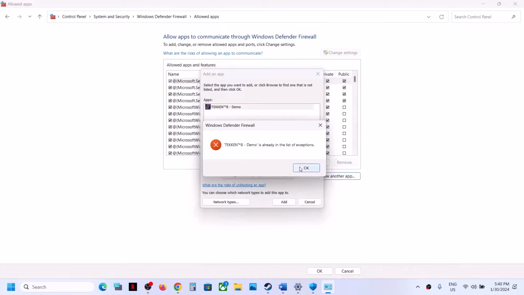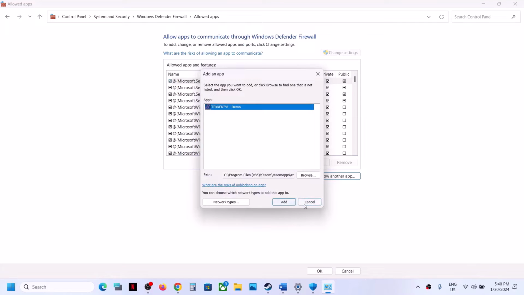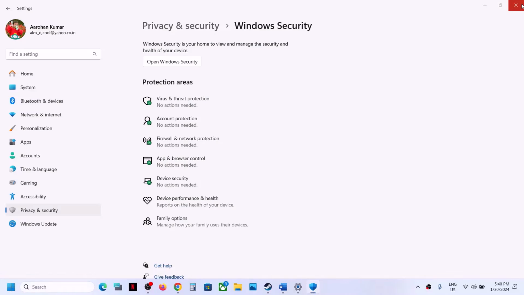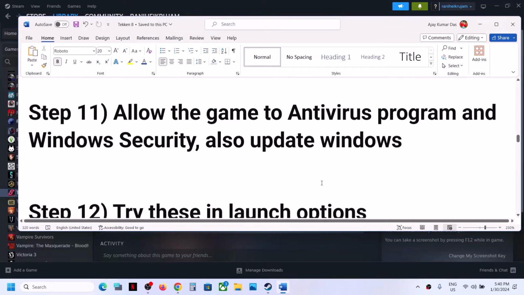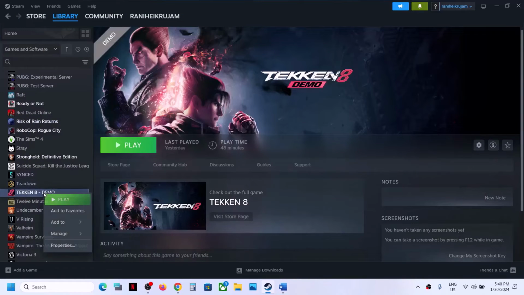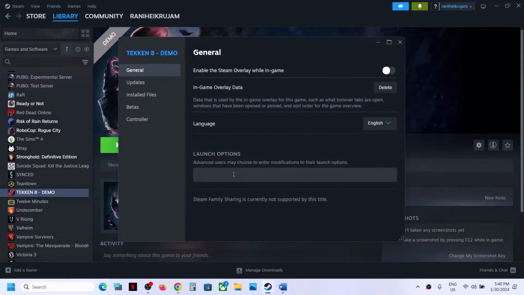In my case, all the game files are added. Once added, click on the OK on the bottom and then launch the game and then check. Next step is to try these in launch option. So you can make a right click on the game, select properties, and in the launch option type in -dx11